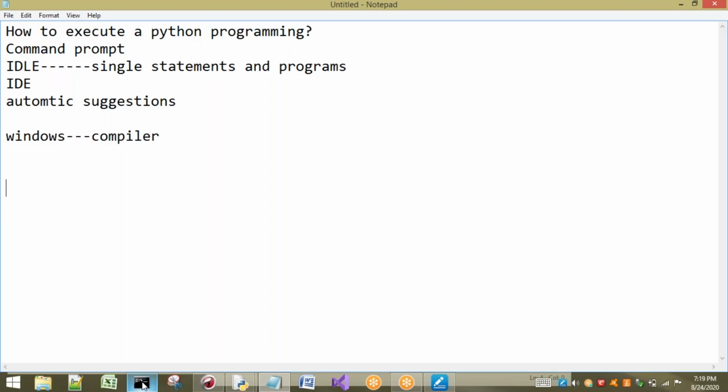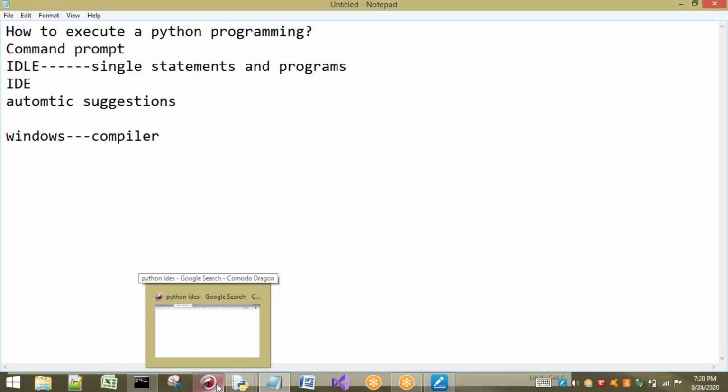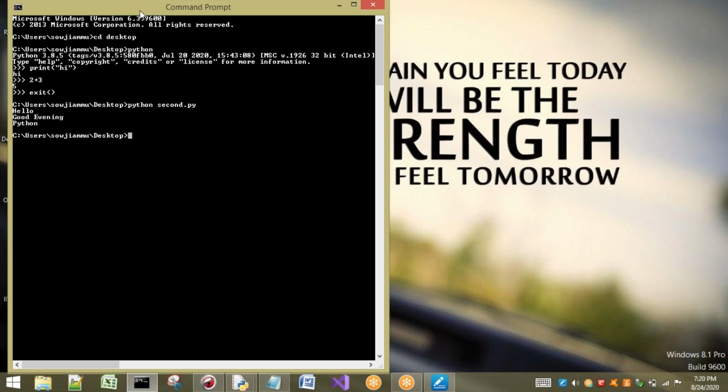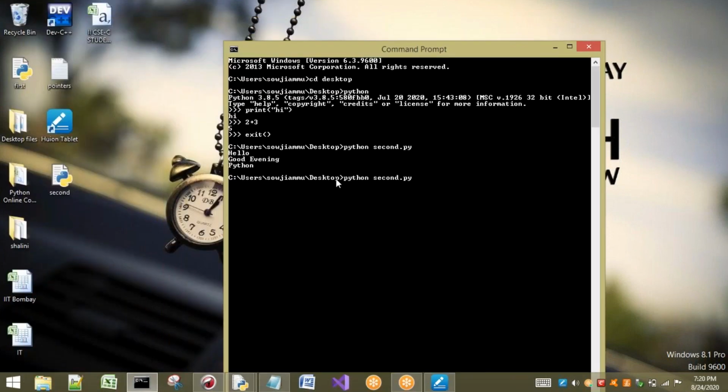I will show you a Python execution once, and I will show you Java also, whatever I have discussed now, so that you get clarity. Here you can observe a file called second.py. If I execute it, Python second.py, and press enter, will you see any modifications on the desktop? It is not going to do anything. It directly gives me the output and is not going to generate any files.